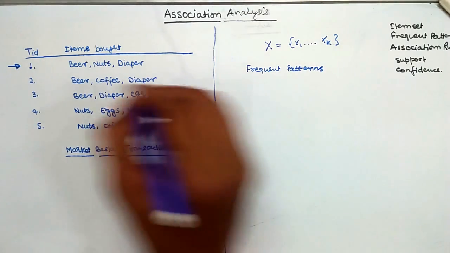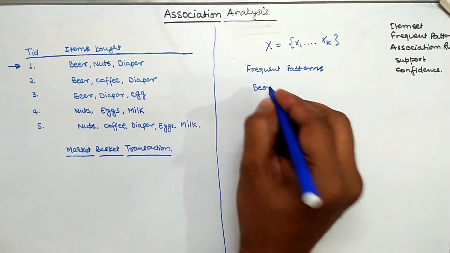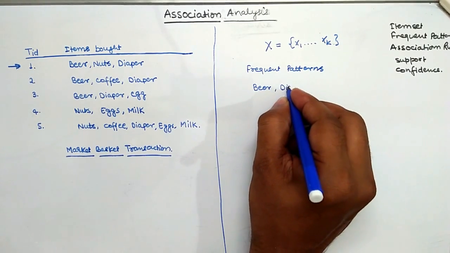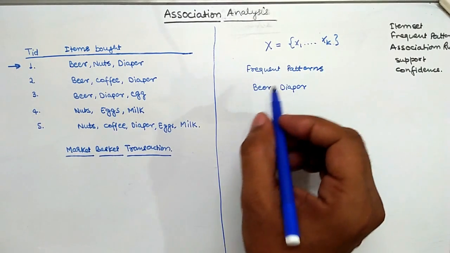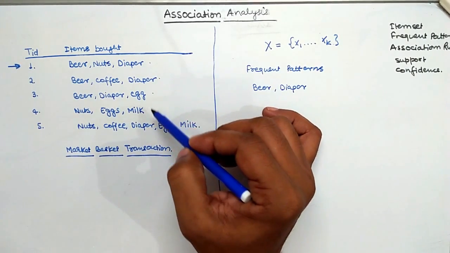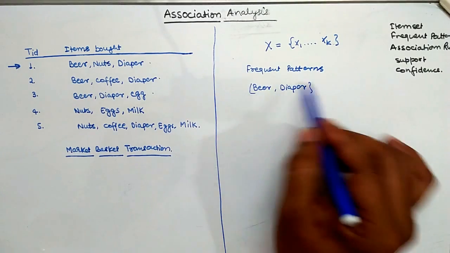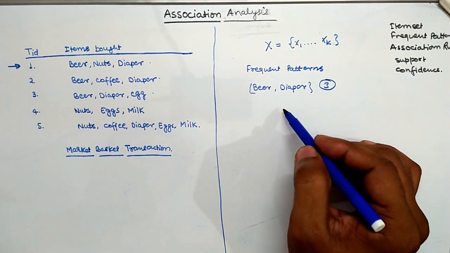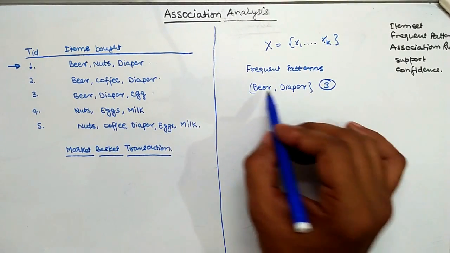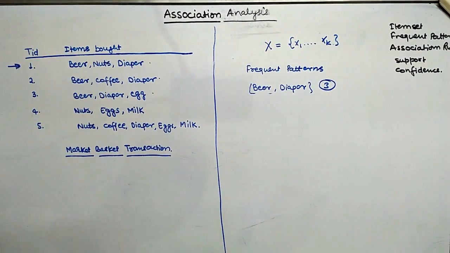Okay, so in this example, the frequent pattern can be, for example, beer and diaper, which are repeated in this transaction, then this transaction, and this transaction. So there are 3 transactions which contain this item set. So we can say that this item set is a frequent item set which repeatedly occurs in the different transactions. Okay, now